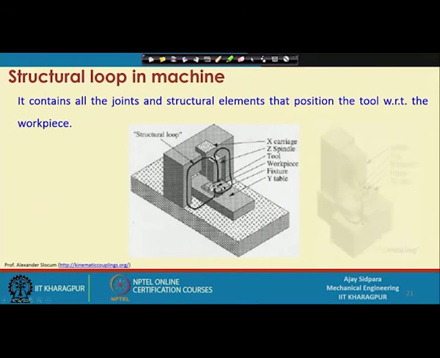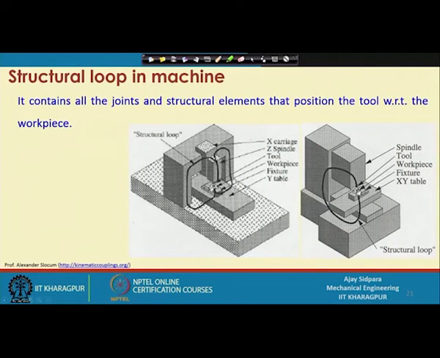Now, these are the two configurations that we have seen in the earlier slide. This particular one was the vertical machining center, and we have also understood what the C construction is. Here this is the C construction, because this particular thing is considered a C type of structure, and here we have a 2 loop, because this column is taking care of the balancing of the Z axis. That is why it is called the structural loop.